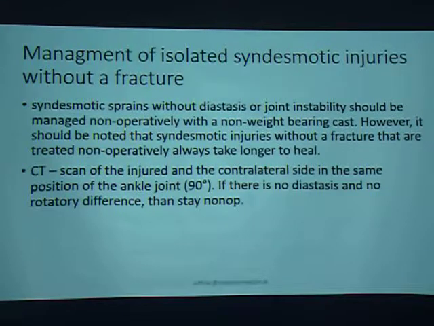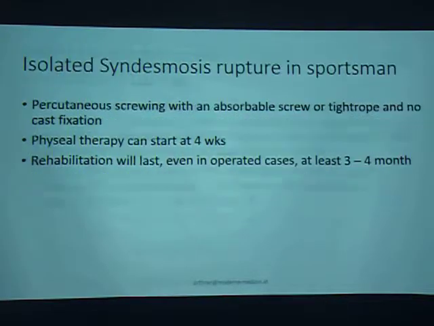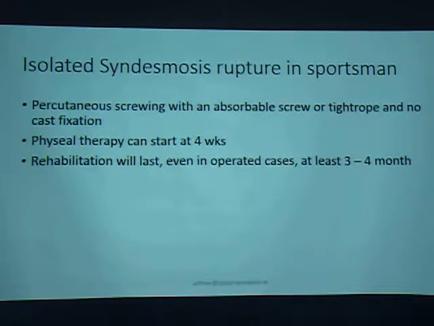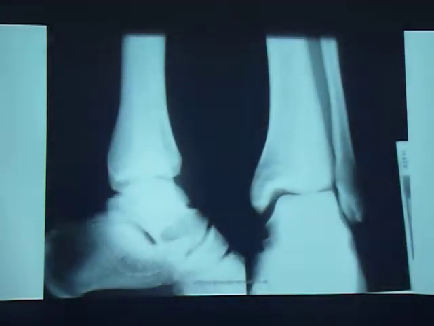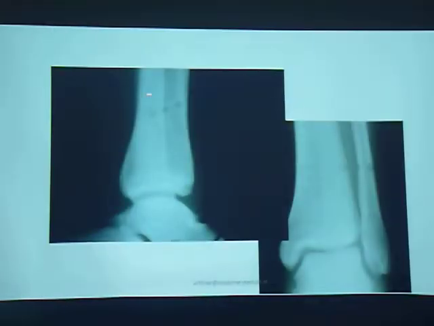If you have a true rupture of the syndesmosis in sportsmen, we operate on all of them, because in sportsmen it takes very long to heal. They must stay non-weight bearing for 6 to 8 weeks with crutches, and in sportsmen that's bad. That's the reason to operate. Here is a professional soccer player, where you have seen in the arthrogram that the syndesmosis is ruptured. We fixed it with an absorbable screw, and you can start with partial weight bearing after 3 weeks.